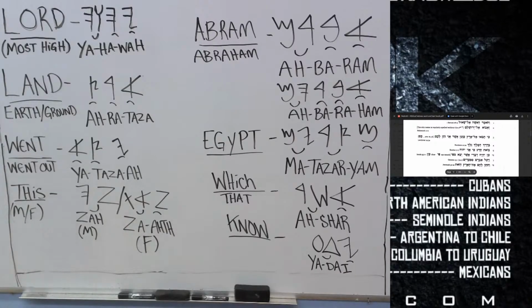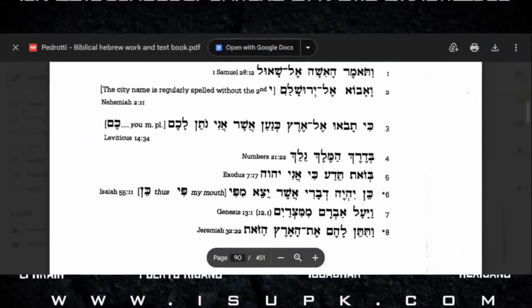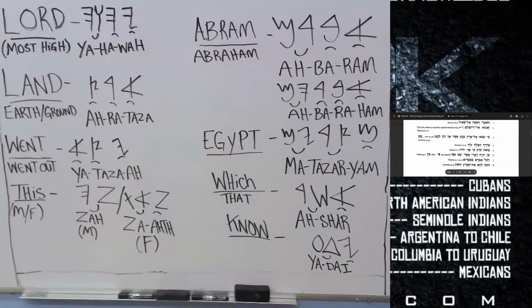Now we got these words up on the board. Now we're going to start to translate the verses. If you look up on the screen on the side, these are the main words that are used in these verses. All the words that we've learned, that we've pulled. So shouldn't be an issue with us translating these verses.